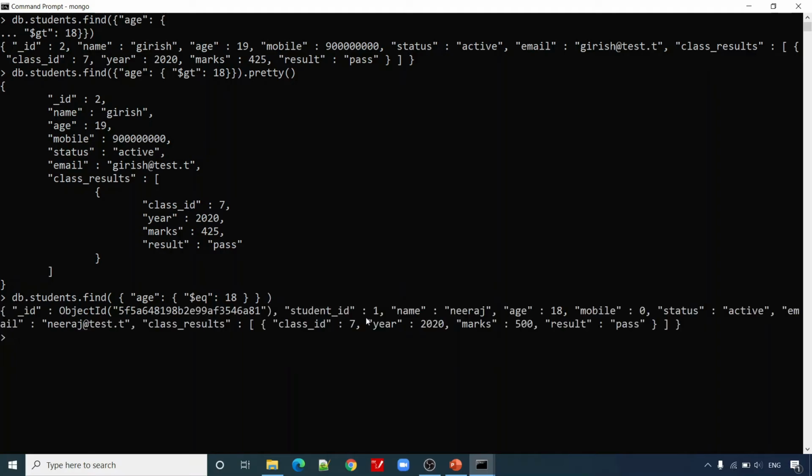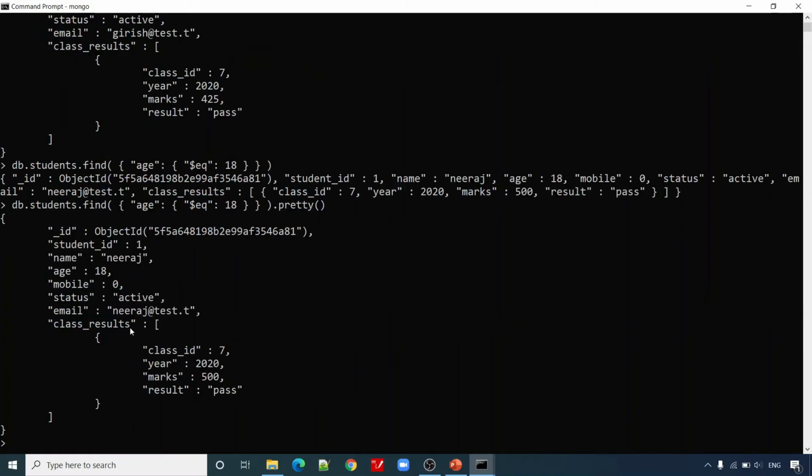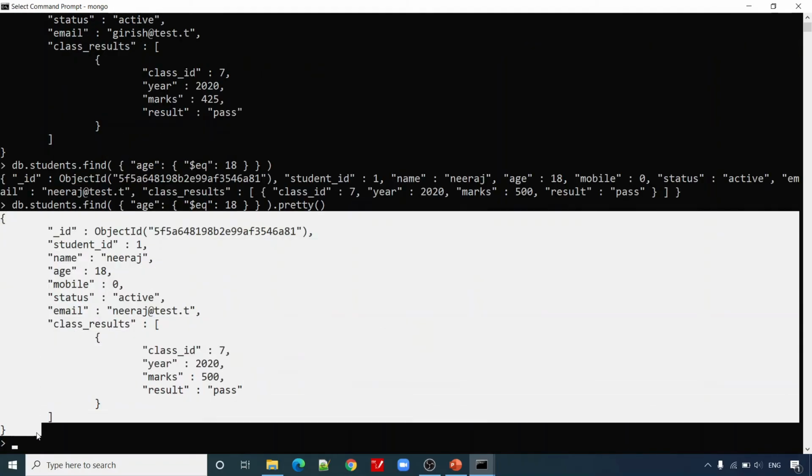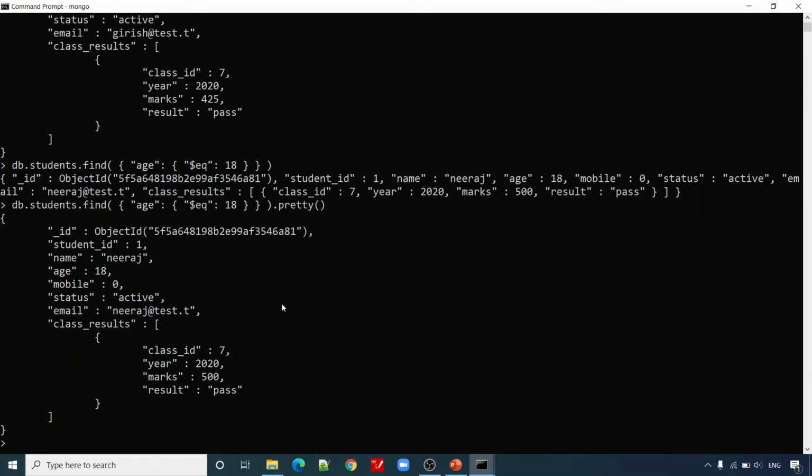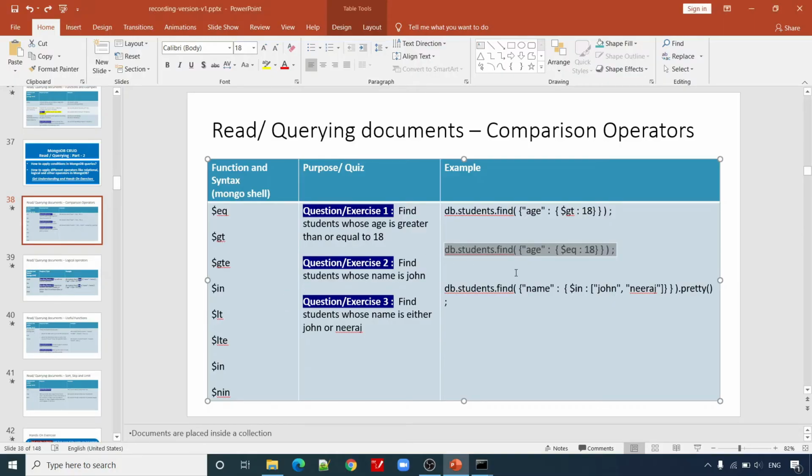Now here you see that this result is different. Let us try again. Now this is different, right? So this is how we can use the comparison operators.